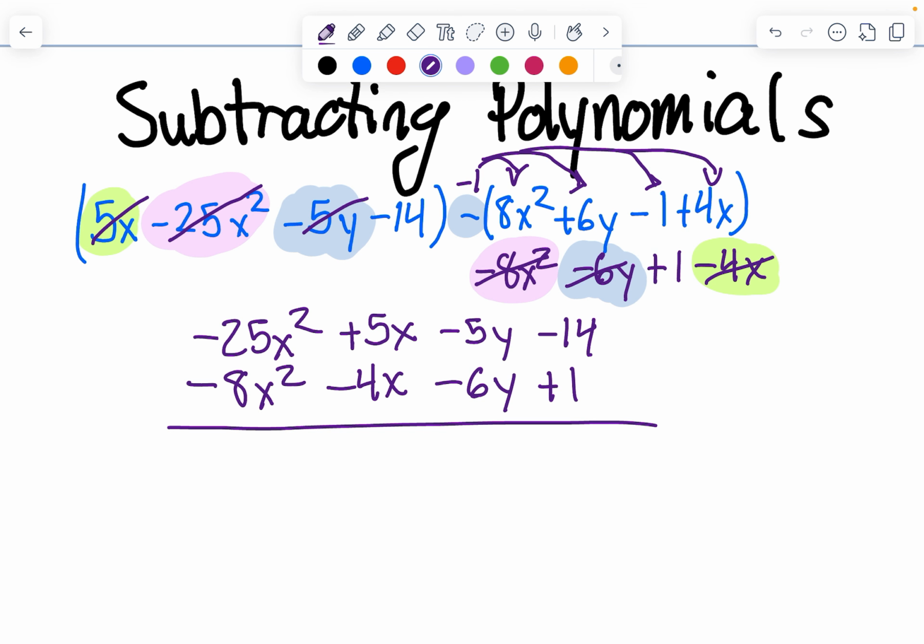Now, because we went about doing this idea beforehand of multiplying by a negative, we can treat this as a giant addition problem. Giving it that opposite is the other way of saying subtracting it, so we don't actually have to go through and think about it twice. We can now say this is an addition problem because I already switched them with the negatives. So negative 25 plus negative 8x squared. I'm going to have that x squared. That should be